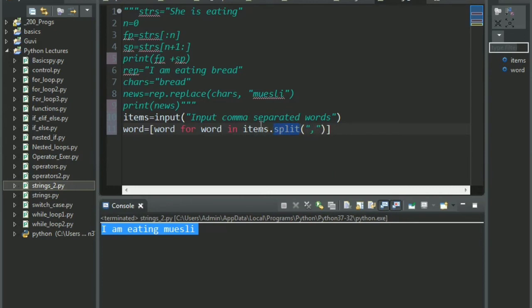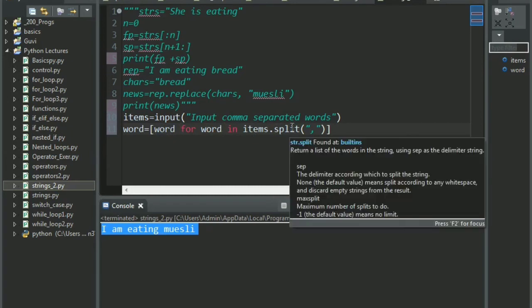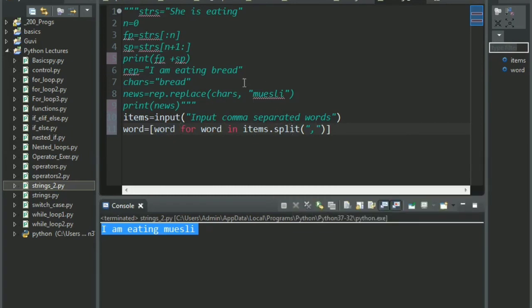And next, whatever word we get, we are storing it in the variable word. So if you say word for word in items, basically after splitting it, each word is returned one by one and it is stored in the list, that is word.